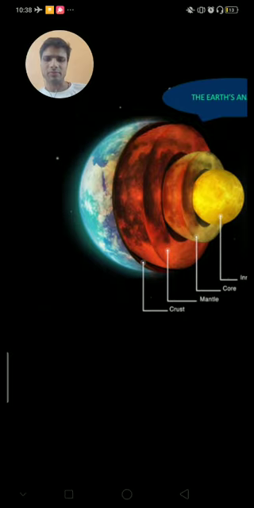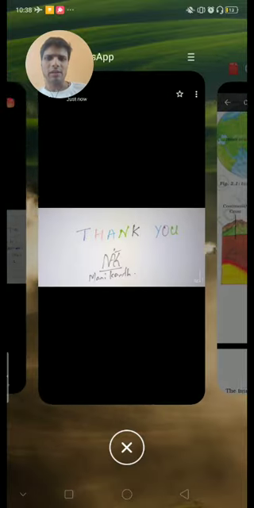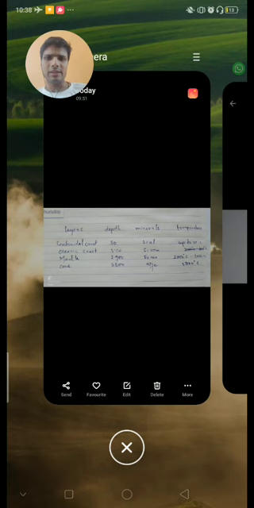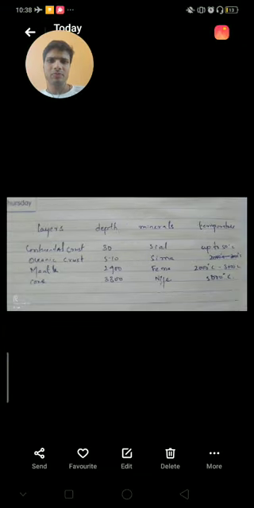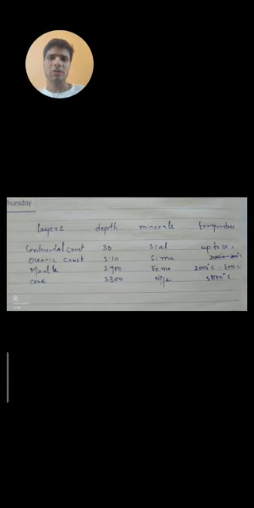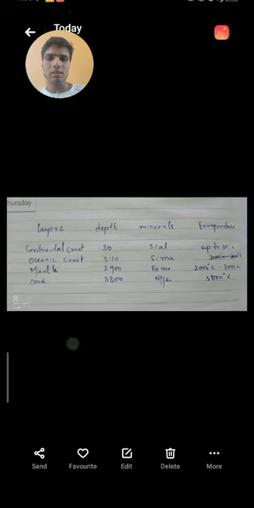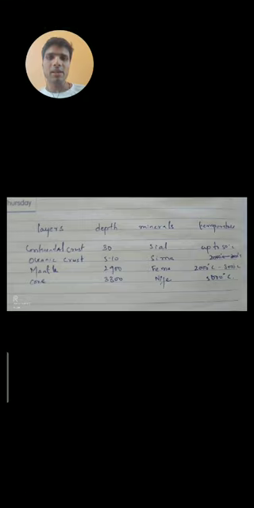And then coming to the overall details, if you observe carefully, the complete summary of what we have learnt till now is: the crust has 2 parts, continental crust and oceanic crust. The depth will be around 30 kilometers for the continent, and for the ocean around 5 to 10 kilometers. Minerals found are Sial, in the sense silicon and aluminium, and for oceanic, silicon and magnesium. The temperature of the crust will be around -50 to +50, not beyond that.